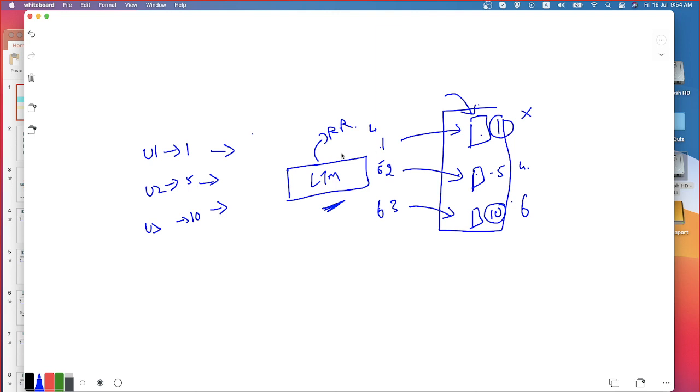The static load balancing technique, meaning the round robin technique, is not going to look into the performance of the devices or servers. First connection, I'll send it to the first server. That's it. My job is over. What is the duration of the connection? How much load is it going to consume? I'm least bothered about it. My responsibility is, it is the first connection, I'm giving it to the first server. Second connection, giving it to the second server. I'm least bothered whether the server 1 connection I have given is up and running or not. Simply, I will forward the first connection to the first server, second to the second server, third to the third server. This is how it happens. You understand? Round robin is this.